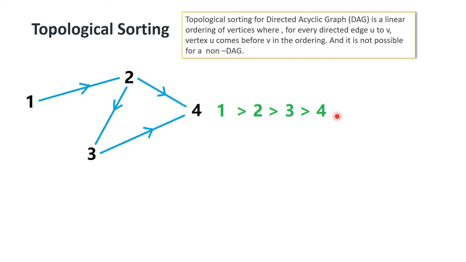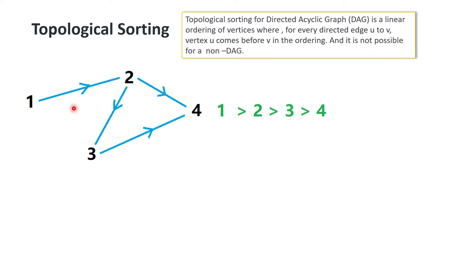Let's take one example here. So this is a directed graph, and here is how the direction is maintained, using some parameter called u to v. That means one direction is maintained as 1 to 2, then 2 to 3, 3 to 4, or 2 to 4, where the starting point is denoted as u and the end point as v. So topological sorting means we have to create an order where the starting point will always be before the end point.